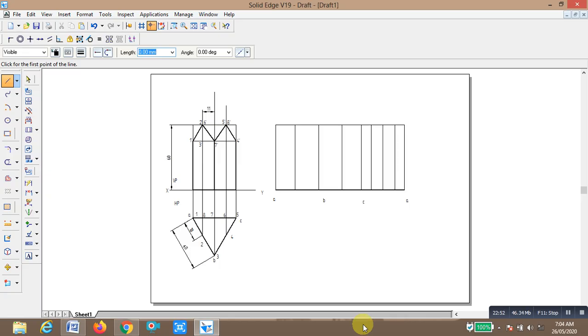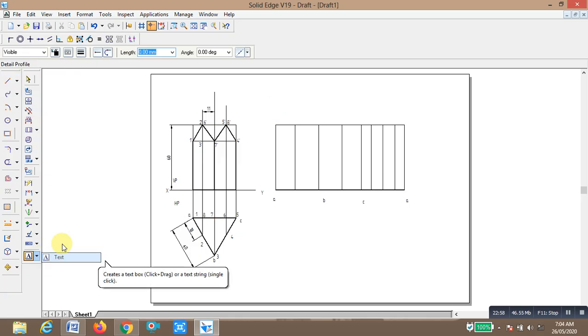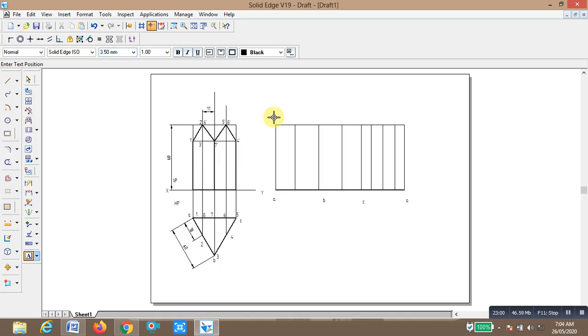Okay, this is point 1, at this point a distance of 18 mm is number 2, and this is point B. Okay, at B you name it number 3, here it is number 3. So you draw the horizontal line from the projection of this line, select line, you draw the horizontal line.